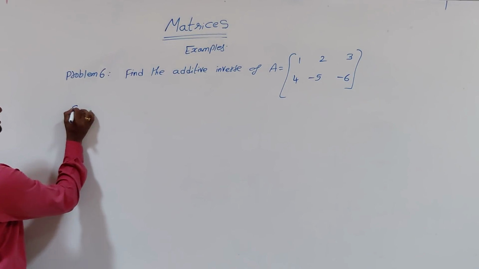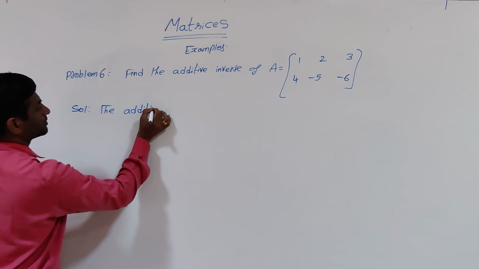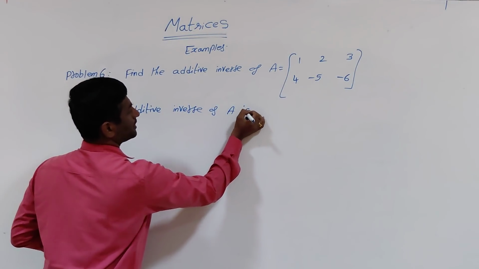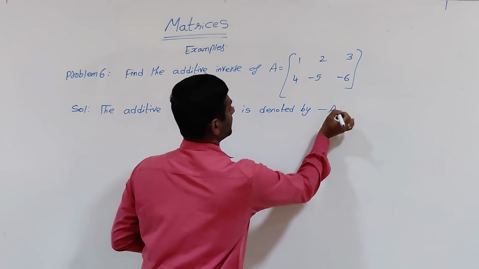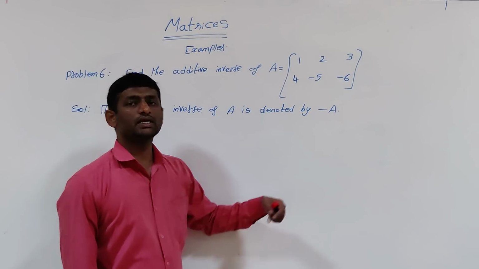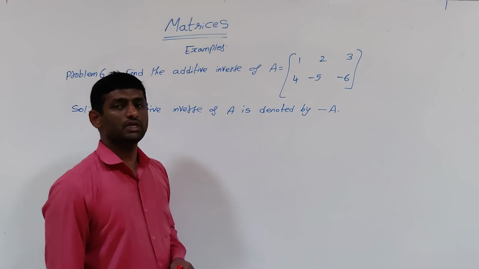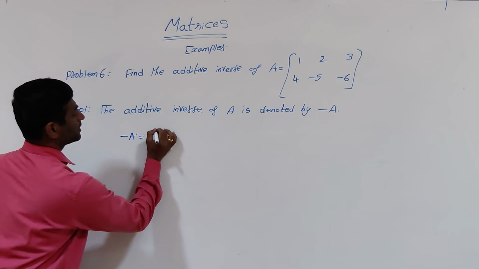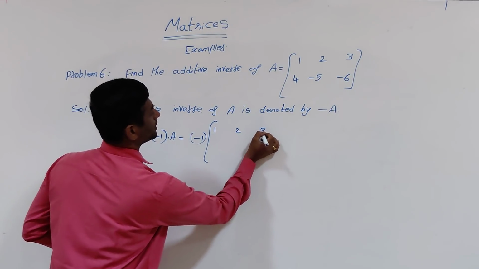So we'll see, the additive inverse of capital A is denoted by minus A. Means minus 1 is multiplied by matrix A. That is, minus 1 indicates a scalar. So the scalar is multiplied to each and every element of the A matrix. So what is minus A? So minus A is equal to minus 1 times A, that is minus 1 of 1, 2, 3, 4,